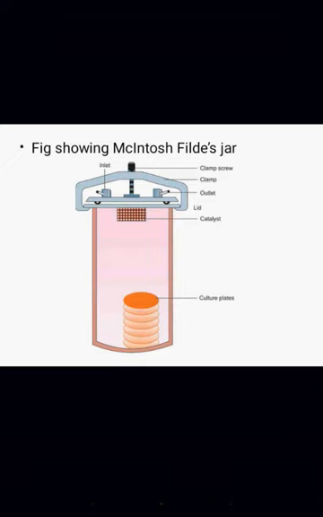The outlet tube is connected to a vacuum pump and the air inside is evacuated. Then the outlet tap is closed and the inlet tube connected to a hydrogen supply. Then the jar is filled with hydrogen and the catalyst, that is the aluminium pellets coated with palladium, helps to remove the residual oxygen by combining with the hydrogen to form water. So this is the principle of McIntosh Fildes jar, and by this way we can create anaerobiosis or anaerobic